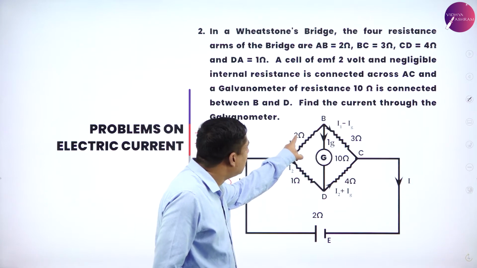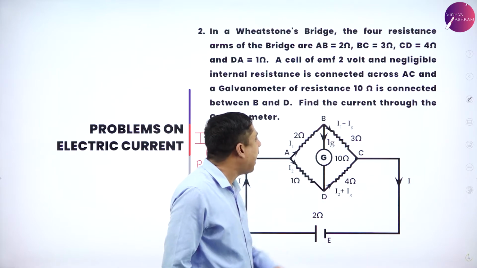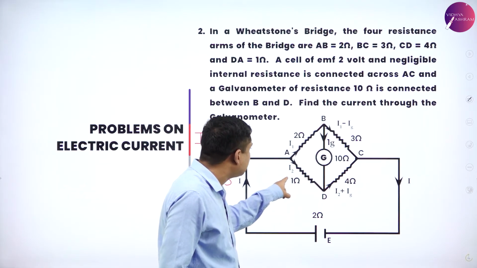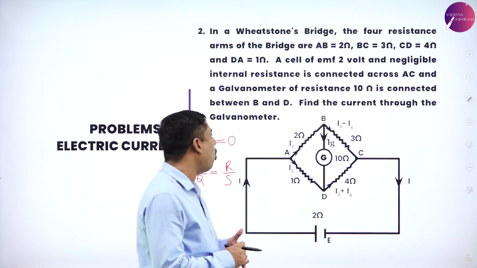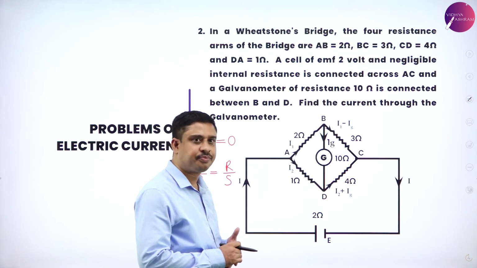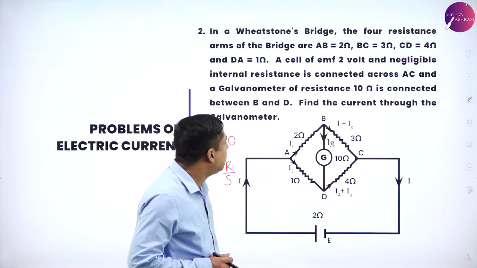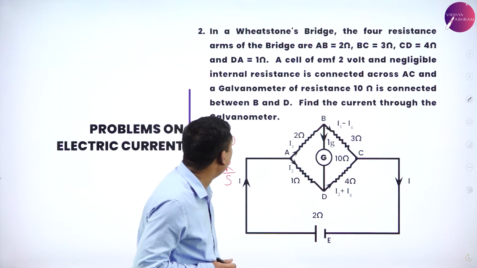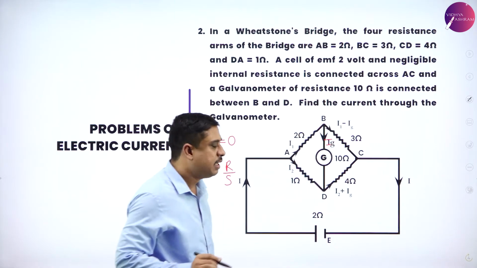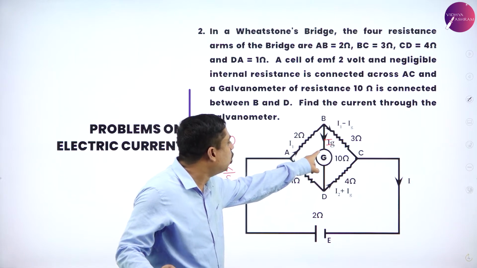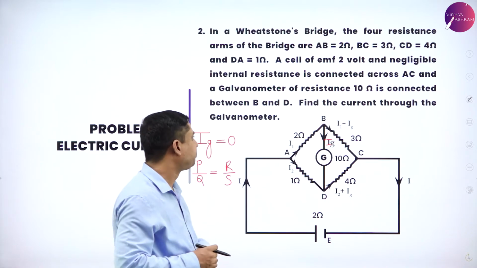Here you have 2 ohm resistance. Here you have 3 ohm resistance, 1 ohm resistance, 4 ohm resistance. Now, I have to find the current through the galvanometer. This is Ig, current flowing through the galvanometer has to be found out. Now,